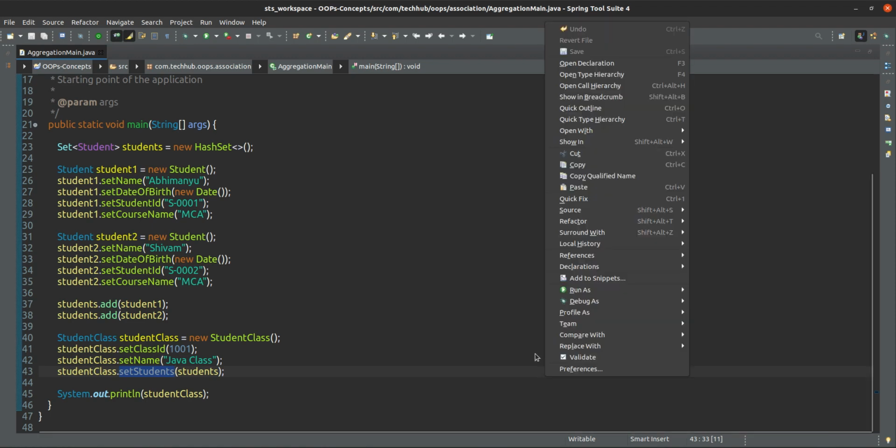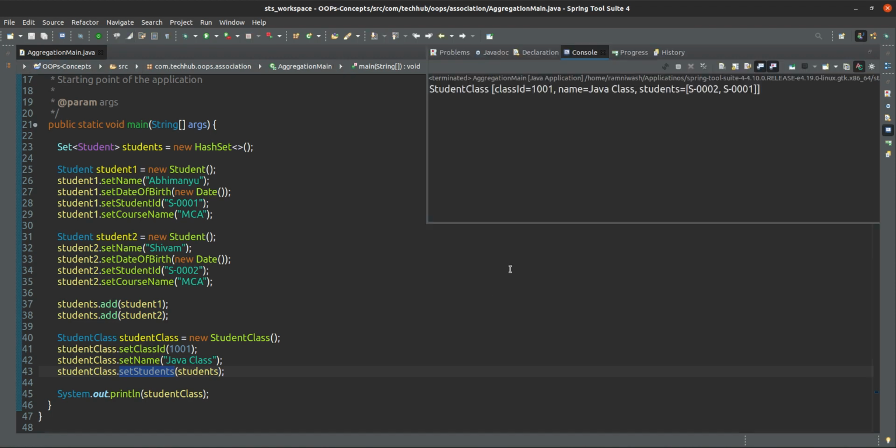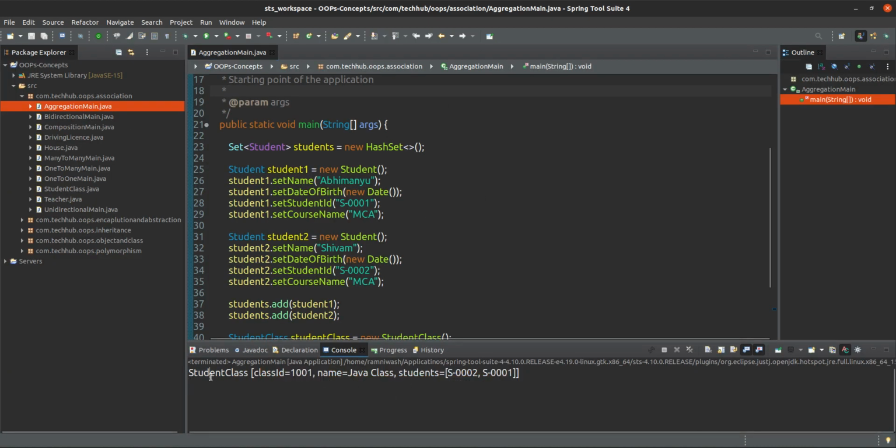So if I run this code, you will see the output like this. One student class is this one, whose id is 1001, name is java class, and the student list has two students, student 002 and student 001.